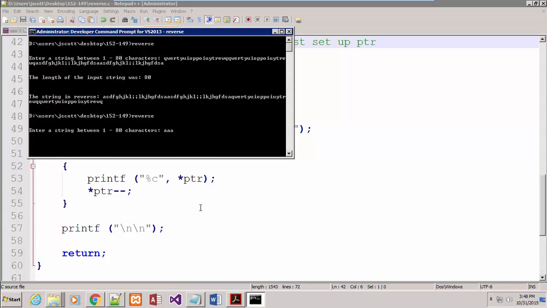So 1, 2, 3, 4, 5, 6, 7, 8, 9, 10, 11, 12, 13, 14, 15, 16, 17, 18, 19, 20. 21, 22, 23, 24, 25, 26, 27, 28, 29, 30, 31, 32, 33, 34, 35, 36, 37, 38, 39, 40, 41, 42, 43, 44, 45, 46, 47, 48, 49, 50, 51, 52, 53, 54, 55, 56, 57, 58, 59, 60, 61, 2, 3, 4, 5, 6, 7, 8, 9, 70, 1, 71, 72, 73, 74, 75, 76, 77, 78, 79, 80,